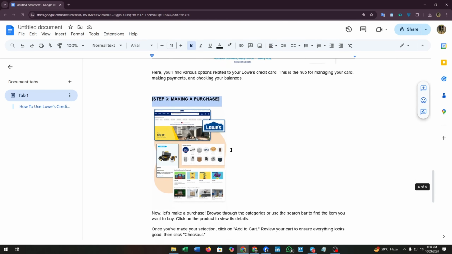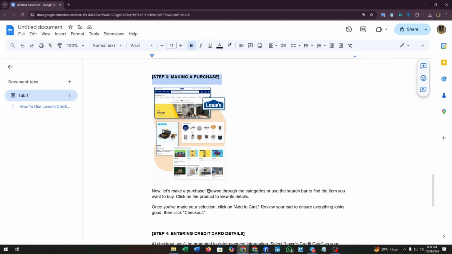Step 3 is making a purchase. Now let's make a purchase. Browse through the categories or use the search bar to find the item you want to buy. Just here, you will find it, and click on the product to view its details. Once you have made your selection, click on add to cart, review your cart to ensure everything looks good, then click